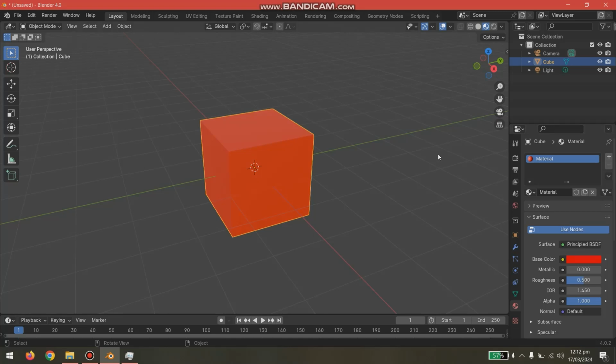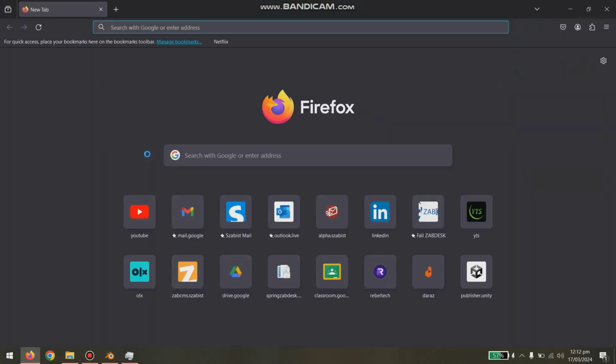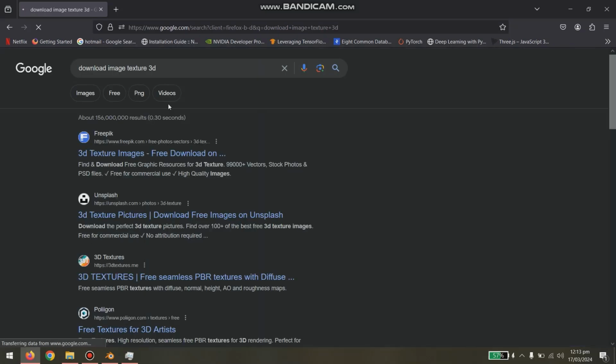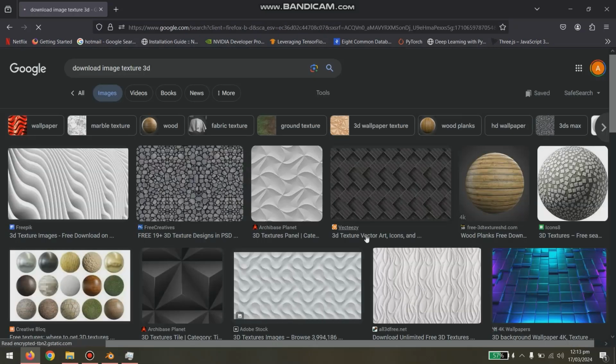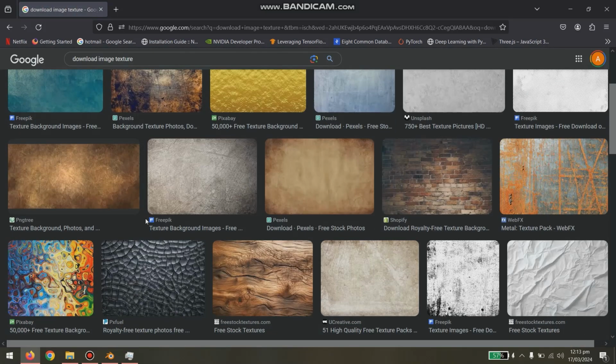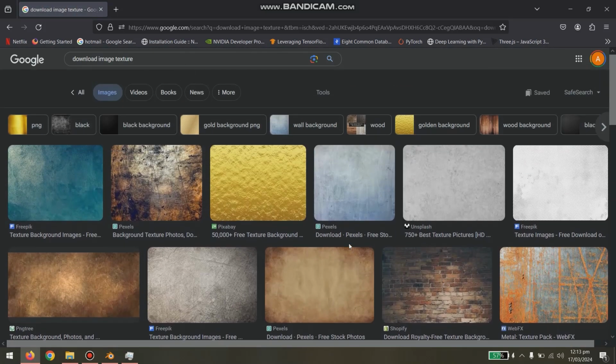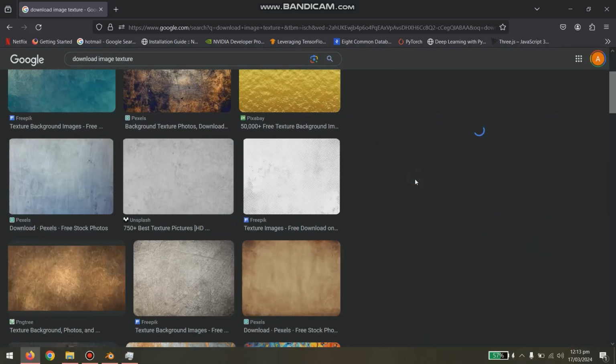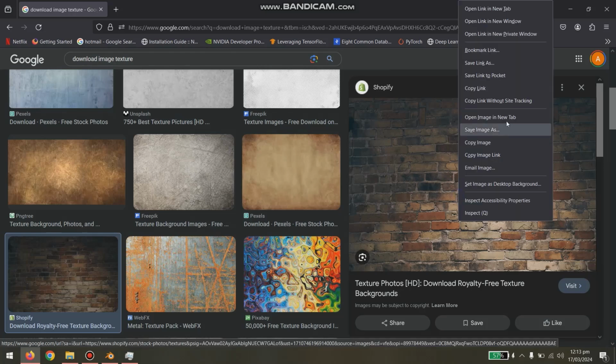Okay, but instead if you want a texture over it, what you can do is download image texture 3D. Why am I writing 3D? 3D ones are actually properly built. So if I write image texture like this, and if I copy this texture and apply it over the 3D mesh cube that we have, it does not necessarily mean it will apply very properly. So let's copy a wall